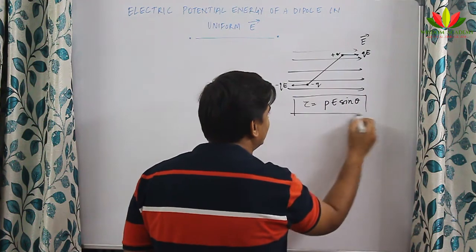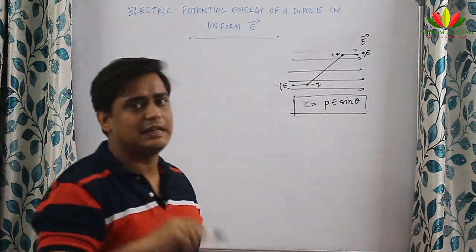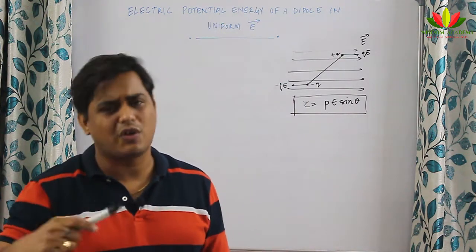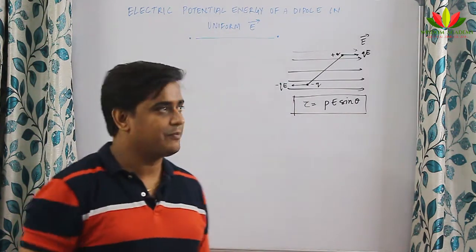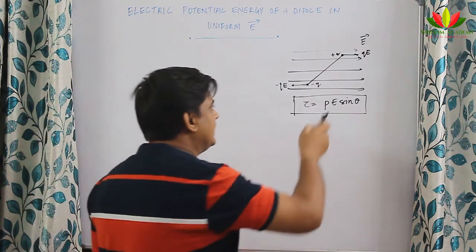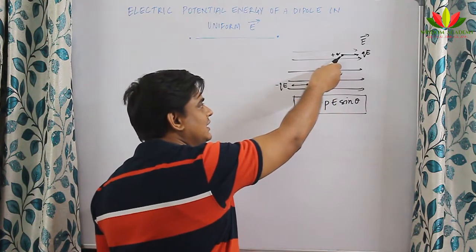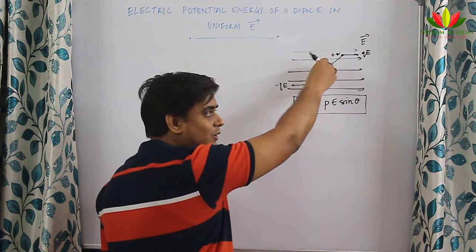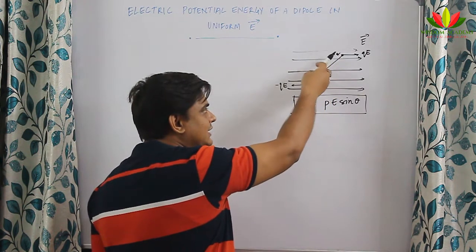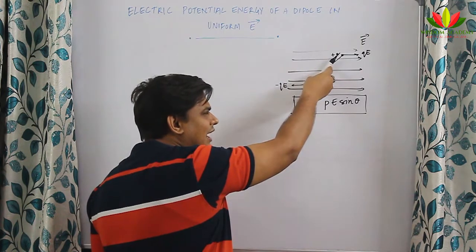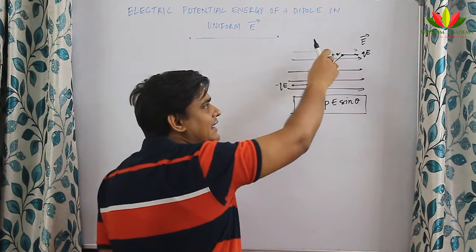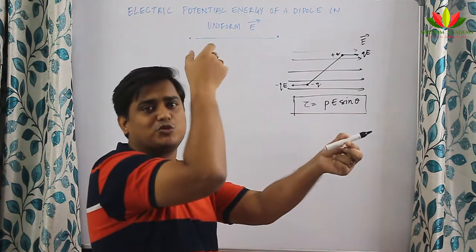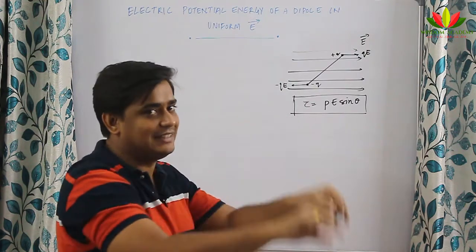This we learned in the previous chapter itself, that the torque acting on a dipole kept in a uniform electric field is P cross E or PE sin theta. Now suppose this dipole has a torque in this direction and it is moving in a clockwise direction like this. Now what I do is take one end of the dipole and move it against this torque, and then I leave it. What will happen? It will acquire some energy, and with that energy it will rebound back, right. So I am going to find that energy inside the dipole.